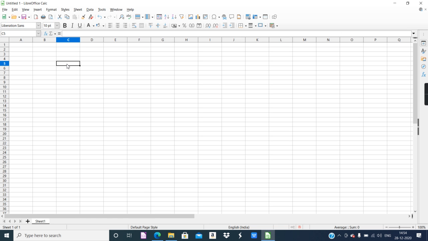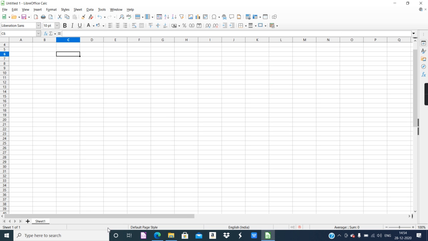Now if I want to call this cell, I will read it in this manner. This is from column C and row 5, so the cell address of this is C5. Here also you can see it's C5. So the location of this cell is C5. All right, so the columns are denoted with alphabets and rows are denoted with numbers. Then at the ending, we have the status bar.